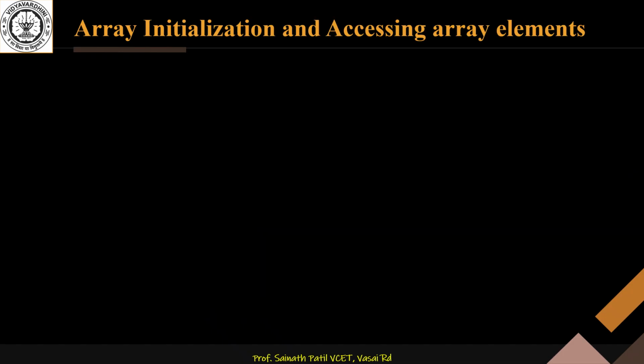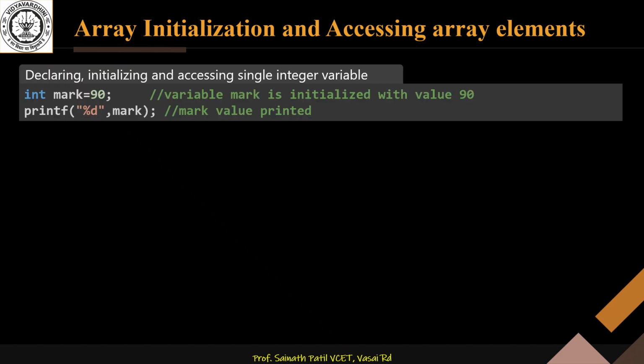Next is array initialization and accessing array elements. That means how we can assign values to array variables or array elements and read those values from the array. So in case of a normal variable, for example, here I declared int mark. Now here a single element or single variable. So I declare it as mark and